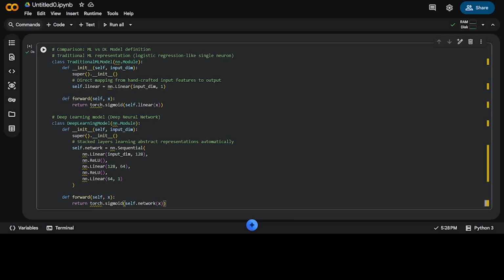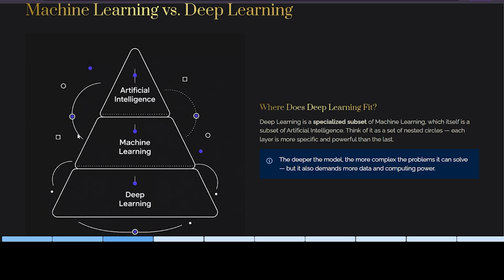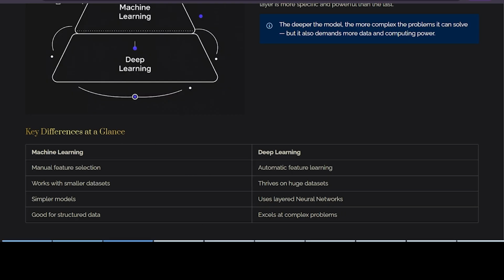Next we are going to see another concept. So these are the major differences between machine learning, artificial intelligence, and deep learning. Next, guys, see, this is also a glance at the difference between machine learning and deep learning. You will note it in your notebook or something, so that it will not be forgotten easily.